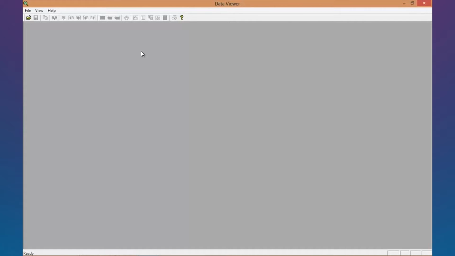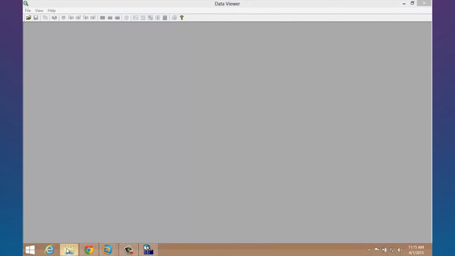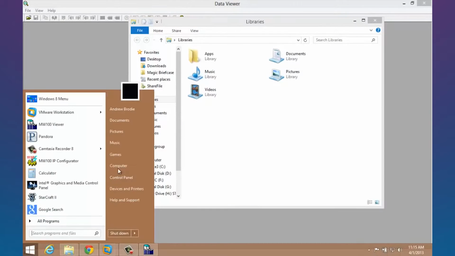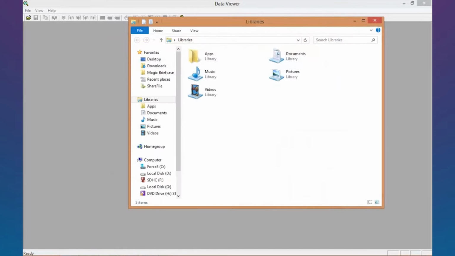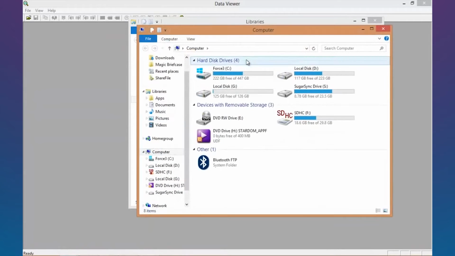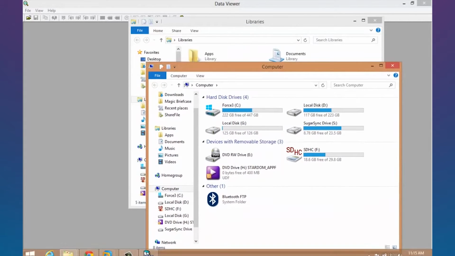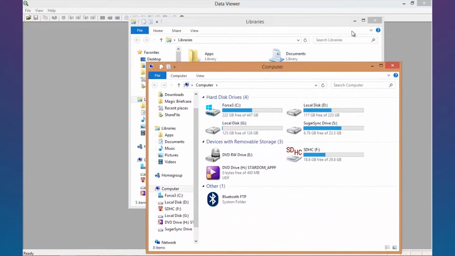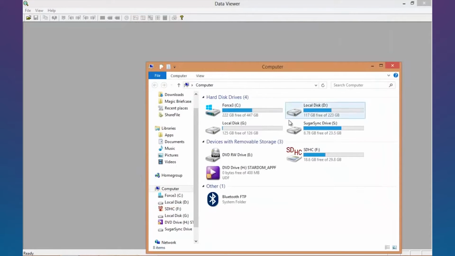The other thing that you could do is go to something like your computer folder here, or go to Start, Computer. Either of these works, so I hit the folder down here, or Computer there. Once you're looking at your hard drive, you can go ftp: and then the IP address of your MW100. In this case, my IP address is